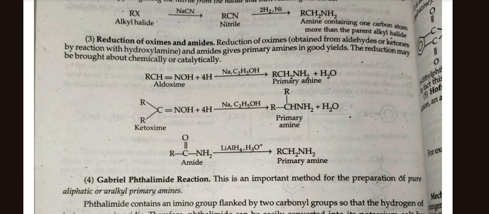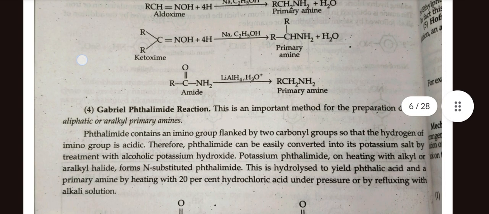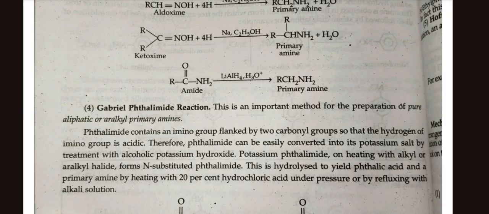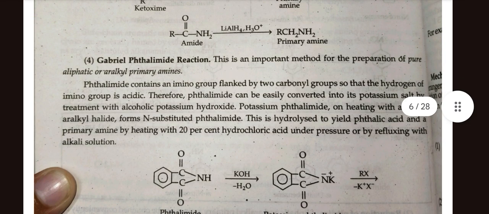Ketoxime in presence of Na/C2H5OH gives primary amine plus H2O, and amide gives primary amine in presence of LiAlH4/H3O+. Fourth, Gabriel phthalimide reaction. This is an important method for preparing pure aliphatic or aralkyl primary amines. Phthalimide contains an imino group flanked by two carbonyl groups so that the hydrogen of the imino group